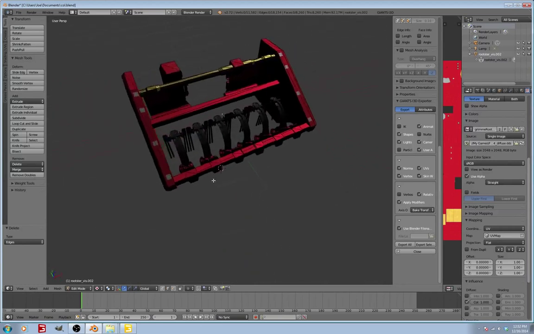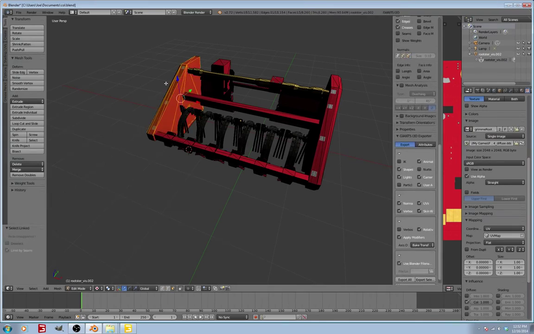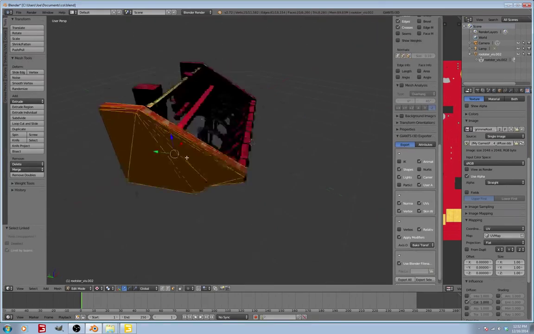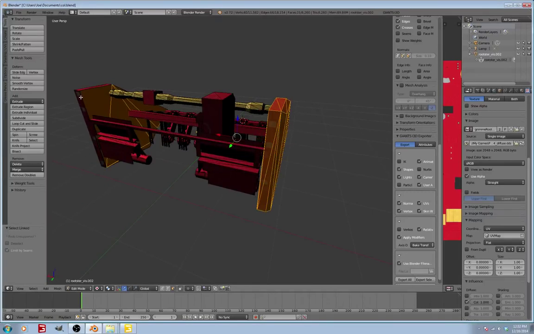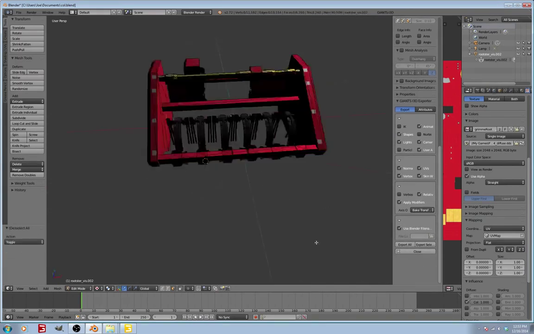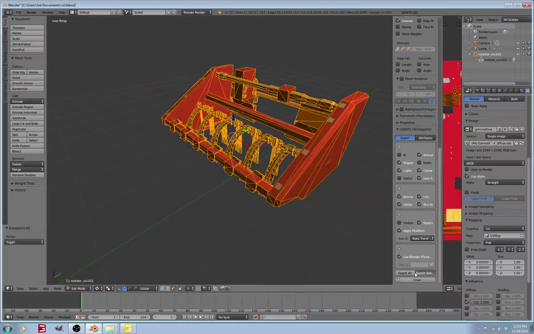But the nice thing is, since we already separated them as objects, and we go back to face mode and we click L, they should be already. Right, well, apparently not. But what used to happen in the old Blender is if you were to separate components and then join them back together, you would be able to select this whole thing by just pressing L. But apparently not. So with this selected, we'll go ahead and we'll save, and then we will export selection,